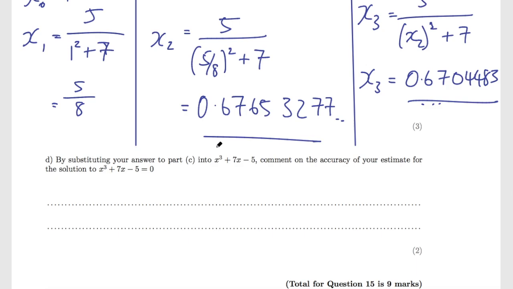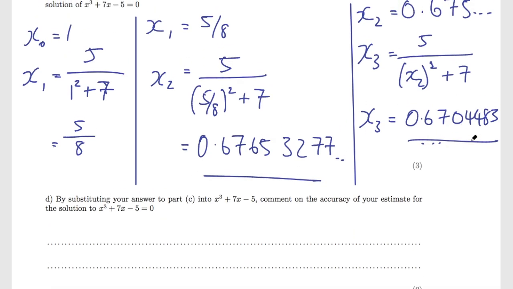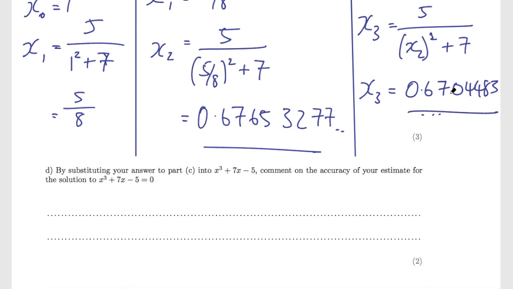Part D says by substituting your answer to part C into x cubed plus 7x minus 5, comment on the accuracy of your estimate for the solution to this equation. So what that's saying is take your estimate, plug it into this equation and see if it equals 0. So if we take that estimate for x sub 3, we can say x sub 3 cubed plus 7 times x sub 3 minus 5 equals